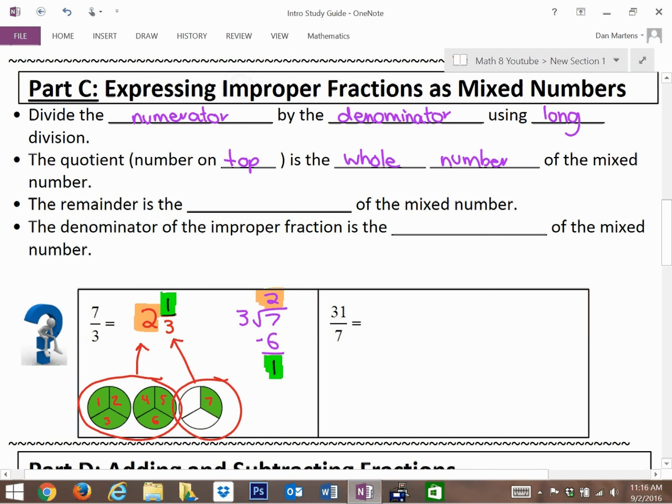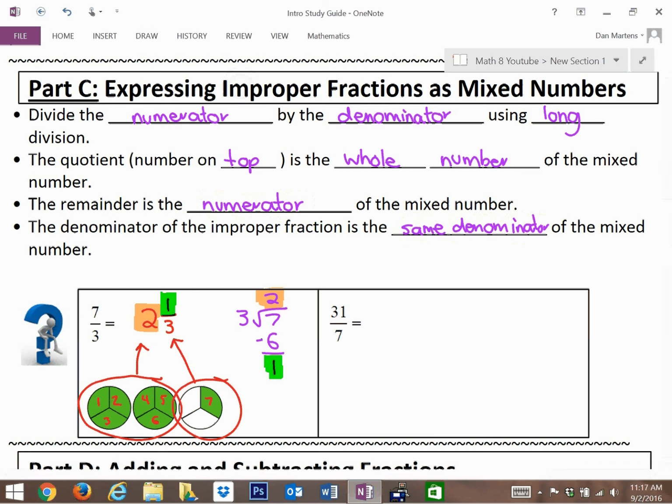So let's write that down. The remainder is the numerator of the mixed number, and the denominator of the improper fraction is the same denominator of the mixed number. So if you look at this next question, if you think about this holistically, it might